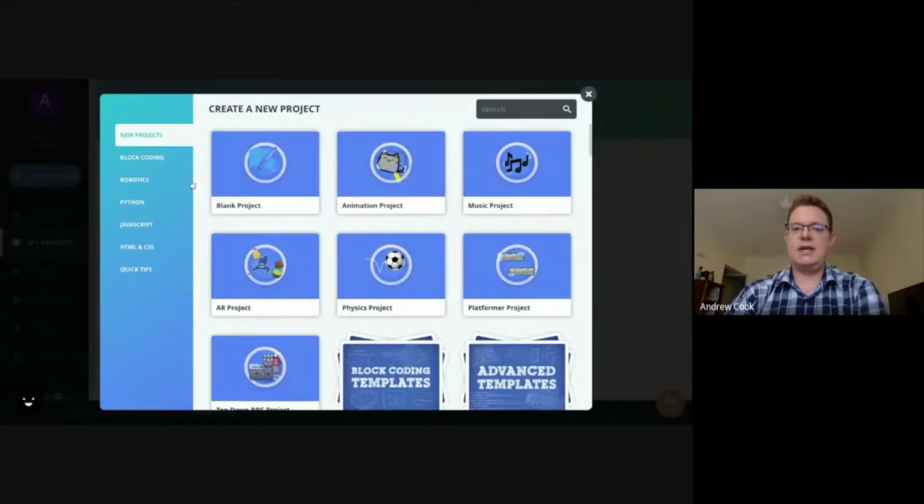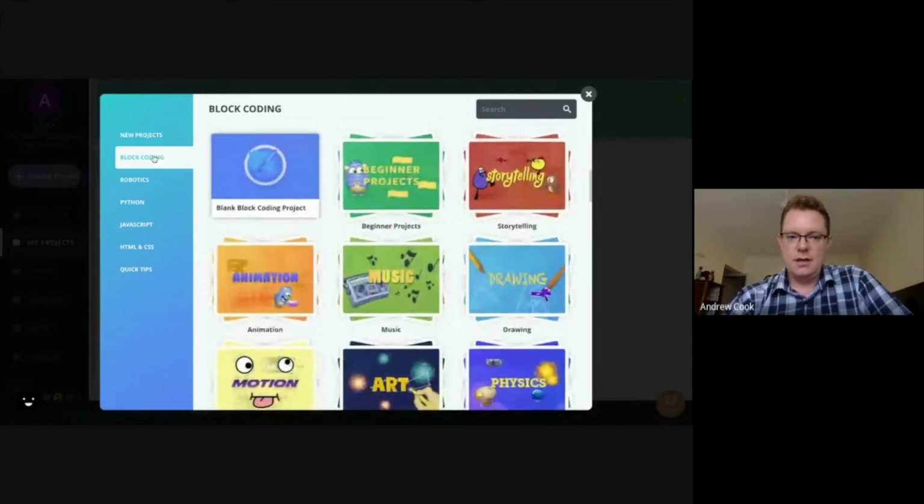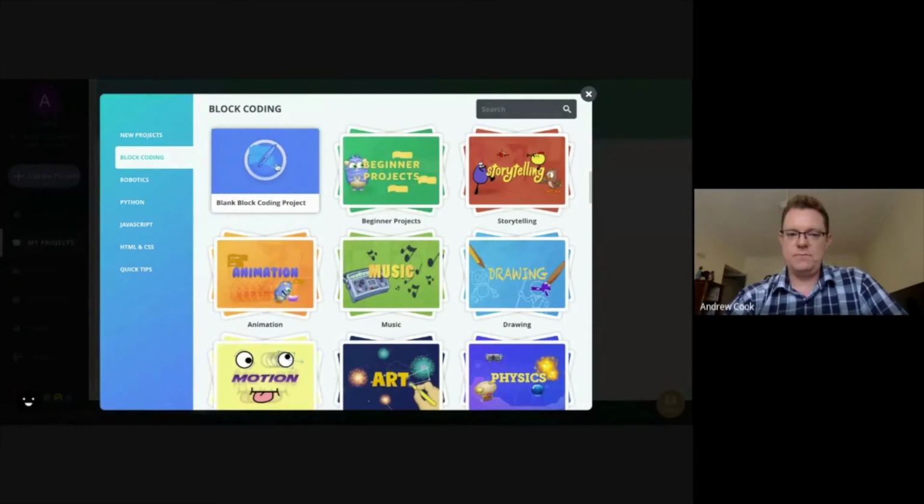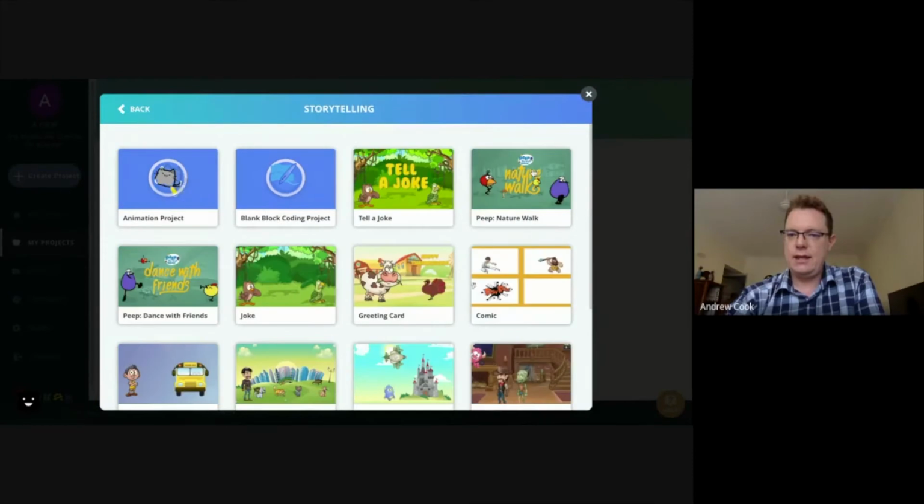a project template. So I'll just scroll through here for a minute or so. There's a lot available, a lot of different templates. Block coding is probably going to be the most useful for virtual learning. And there's all kinds of possibilities. I'm going to go into storytelling. And I'm going to go into this tell a joke one. So this will basically